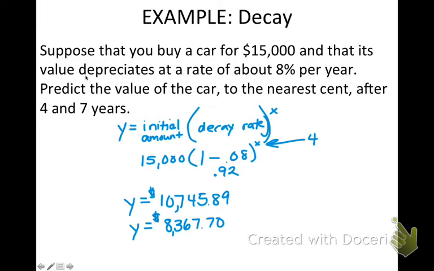Okay? So you need to ask yourself, is it growing or is it decaying? The setup is the same, initial amount times your multiplier. You just need to decide, is your multiplier going to be a growth rate or a decay rate? Got it? All right, questions? So not every time